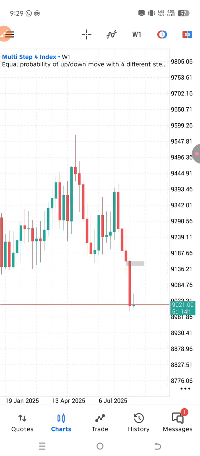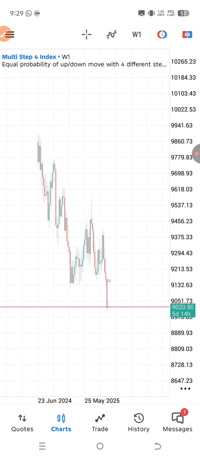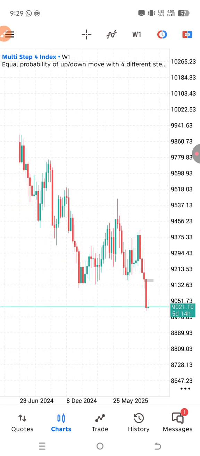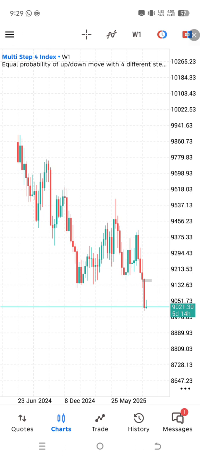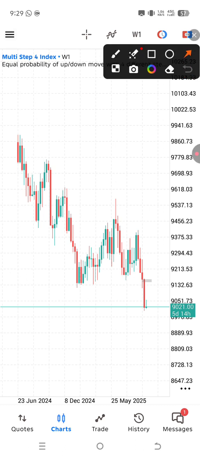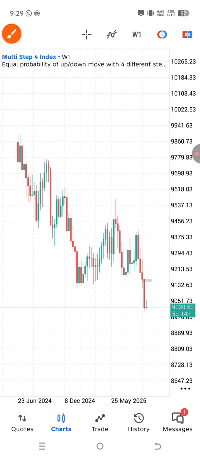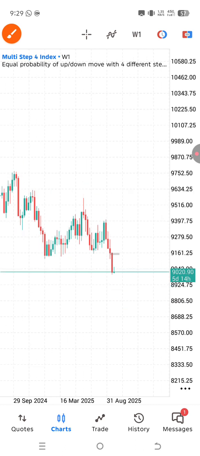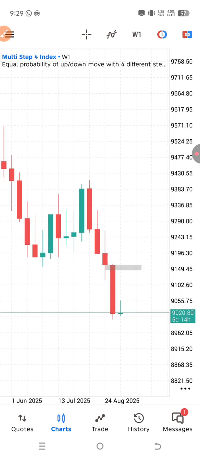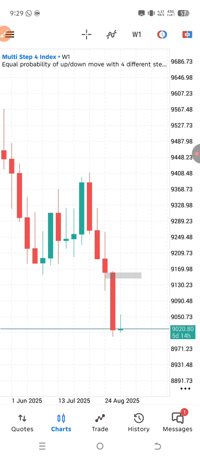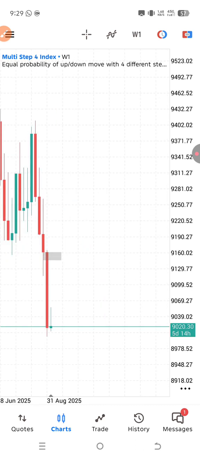Now the weekly is also confirming that we are in a downtrend. As you can see, this was an impulsive move down, impulsive move up, down, up, down, up, and then it's currently heading to the downside. So what you have to do is apply all your knowledge, your fair value gaps, your order blocks, and all those tools. All right, good. So what you do is